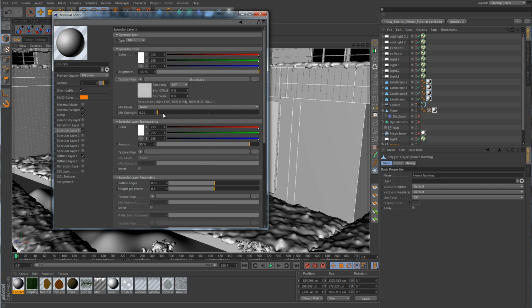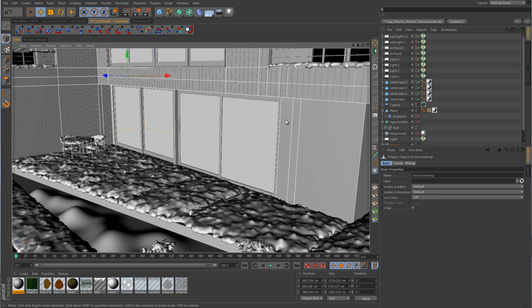So let's push that back up, and you can see it kind of tones down just a little bit. It's not a lot, it's just something very subtle. So I think that will work for now because we really don't want to have a lot of specular on this concrete stucco type material. So I'm just going to adjust the name here to concrete stucco,